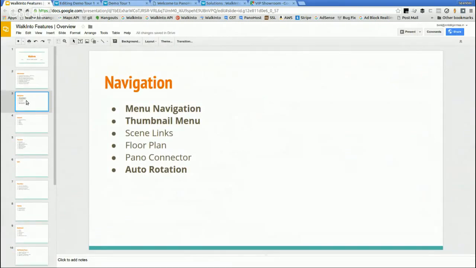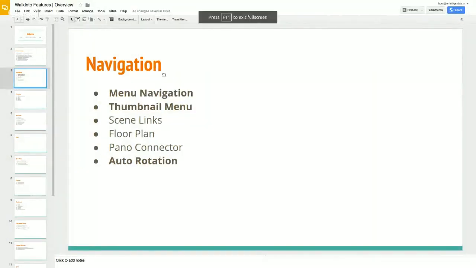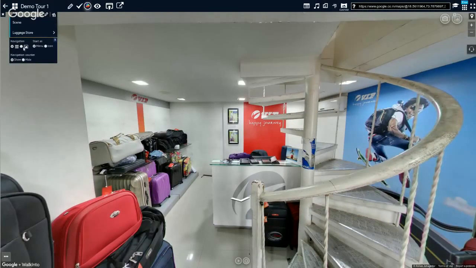There are more navigation structures in WalkInto. We will be talking a little bit in detail as we are going ahead. Navigation options, menu navigation is what we just spoke about. There's another mode called thumbnail menu. So how to get there is this. For example, if you look here, this mode is called thumbnail menu, and how to adjust that is by using the menu's settings option here. And the settings, when you set it to thumbnail, you get this on your preview. Okay, so that is how you set another thumbnail option. And going back,